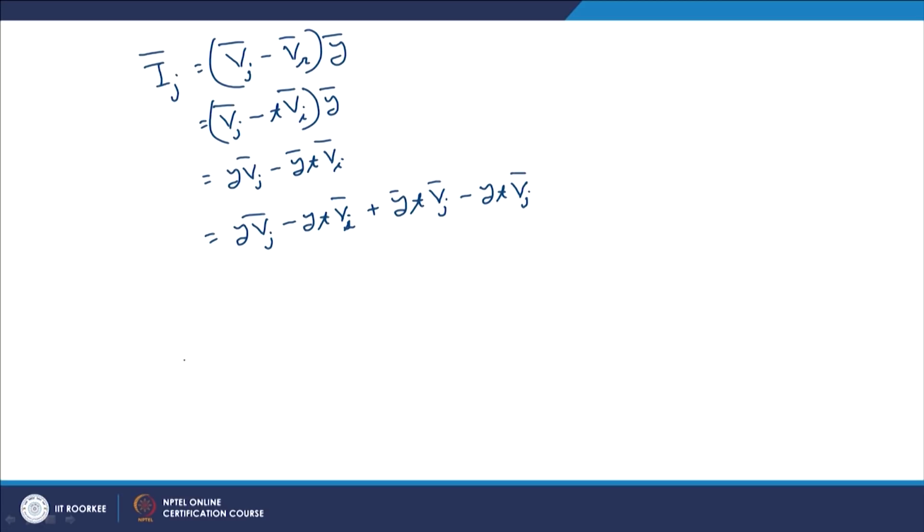So, we take these two together, and we get this plus Y into 1 minus T into Vj. So, this is the expression of Ij,